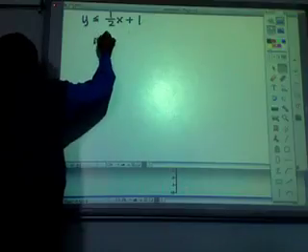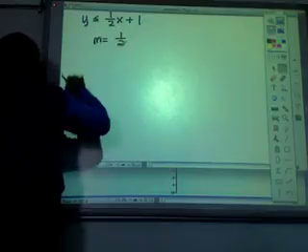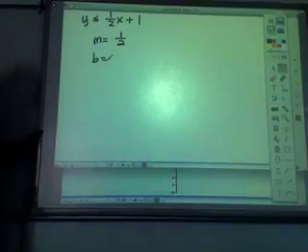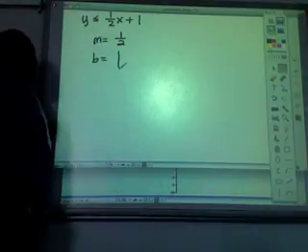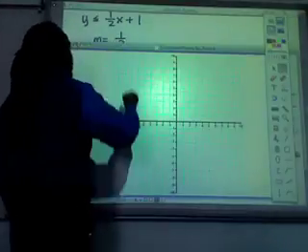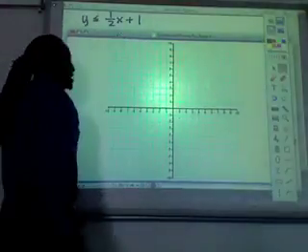Our slope is what? 1/2. Our constant, or our start point, is going to be? 1. Can I graph? Yes, because I already have the slope written in this form. I've got what I need to graph. So I'm going to go ahead and start at